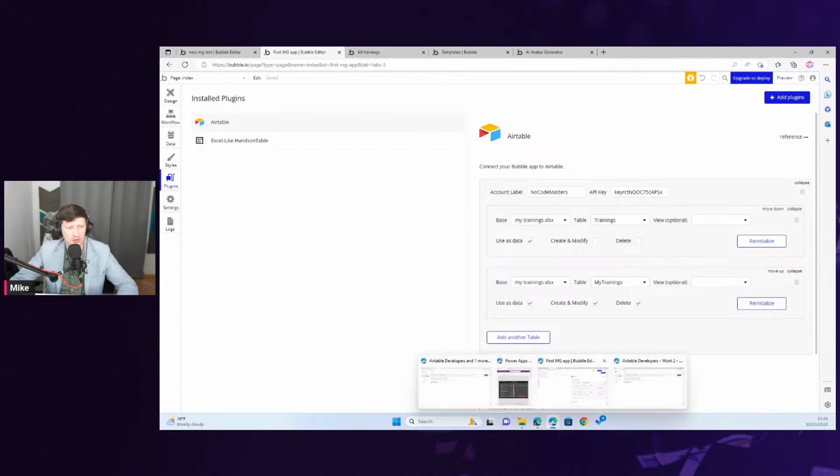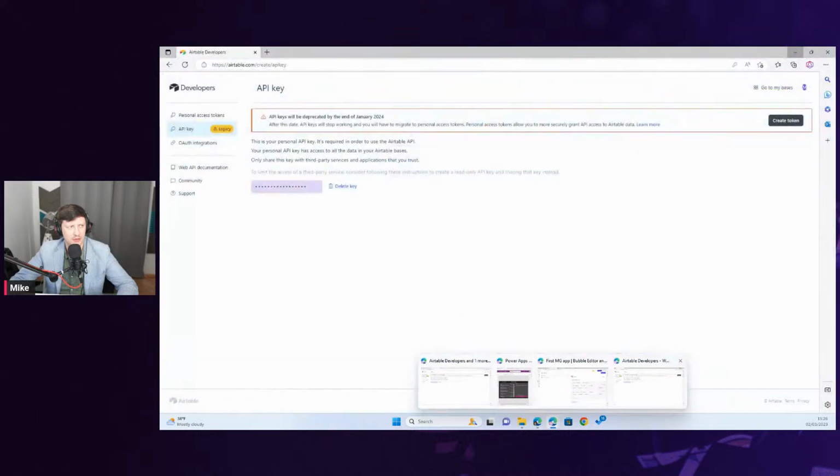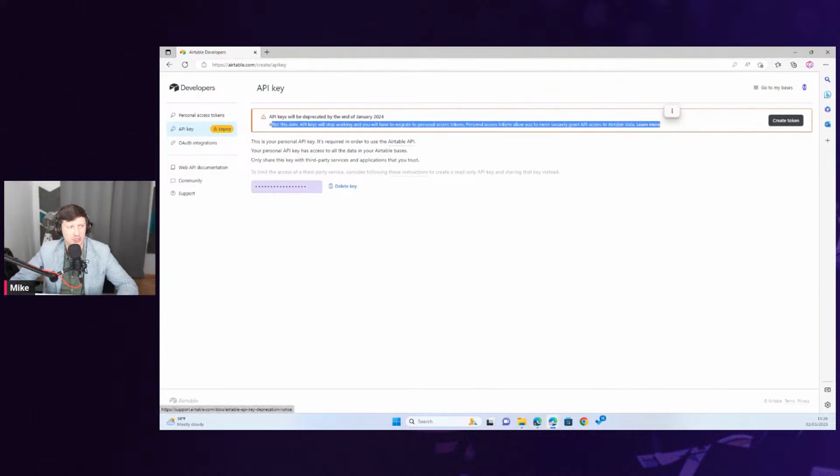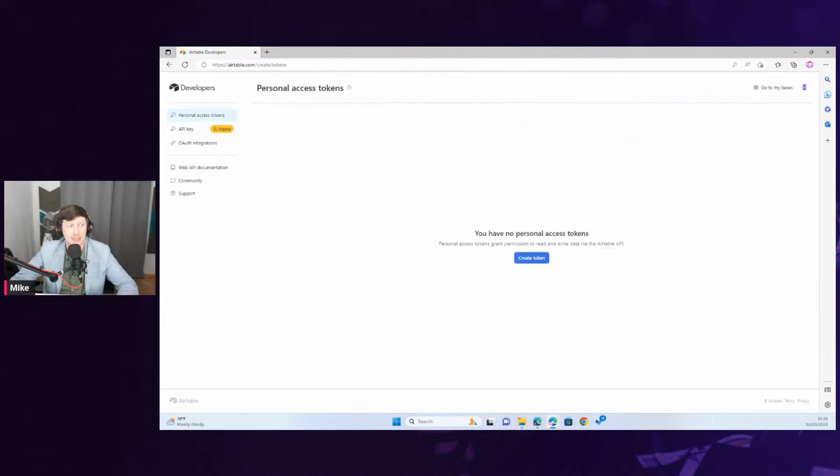If you have Airtable, you may have seen this message, which says that API keys will be deprecated by the end of January 2024. So this method won't work after January 2024, and you will need to use personal access tokens.